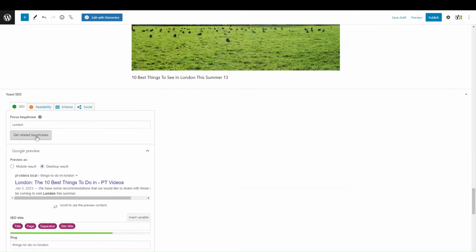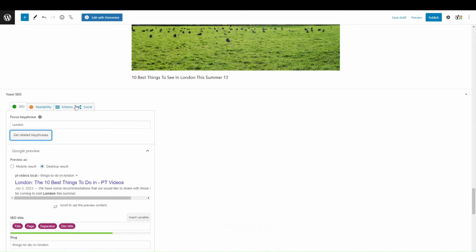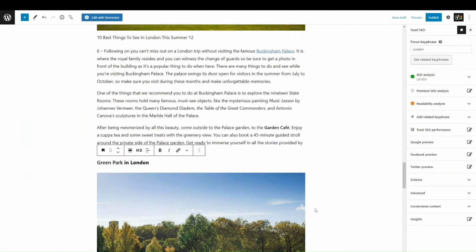Another thing that it'll do is let you have something called related key phrases. Related key phrases are basically variants or synonyms or semantically related terms that relate to your main keyword that you're trying to target and rank for on search engines. The main reason you would use related keywords in your text is that they make your text easier to read. If you write content and the keyword is London,